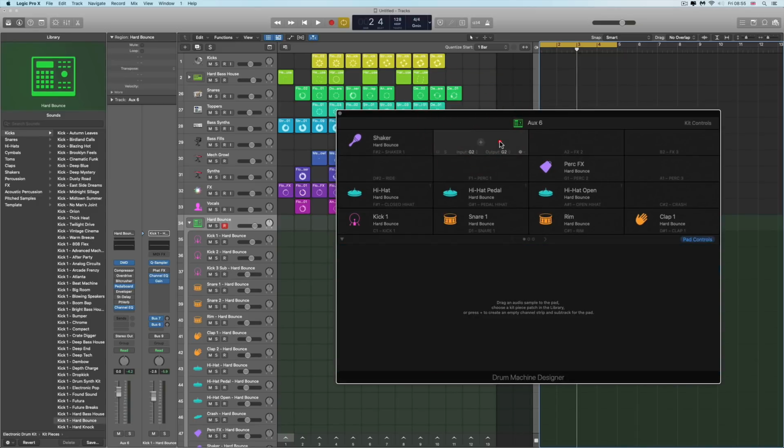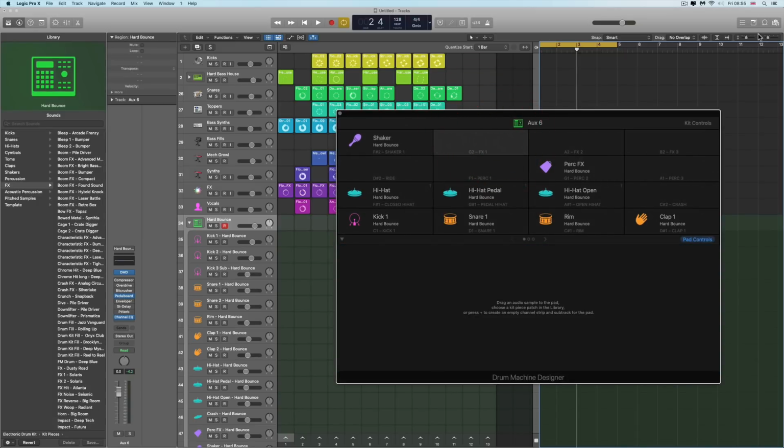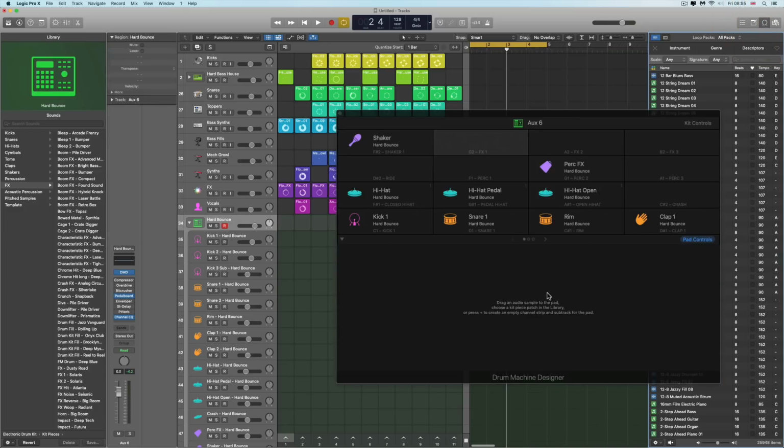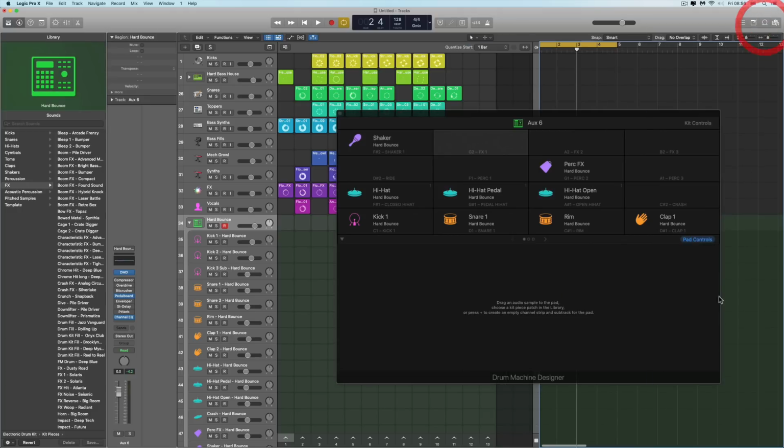So if I choose this empty pad here, now I can drag an Apple loop to this pad and it will be loaded into a quick sampler. I can drag any sound sample from my Finder and drop it onto here, and a quick sampler will be created for this pad and its track and channel, and the sample will be loaded and everything. But also